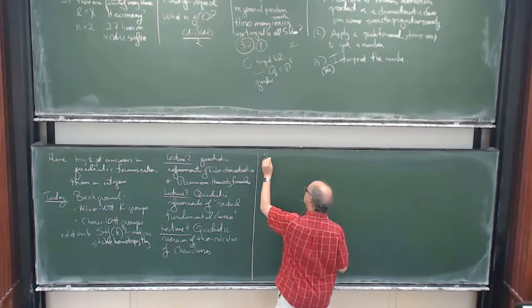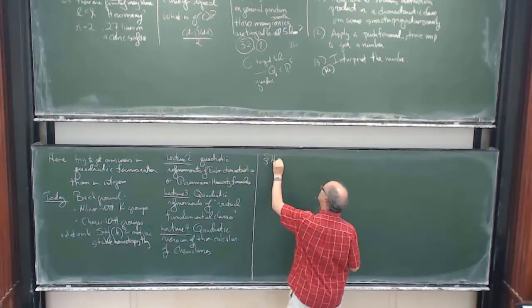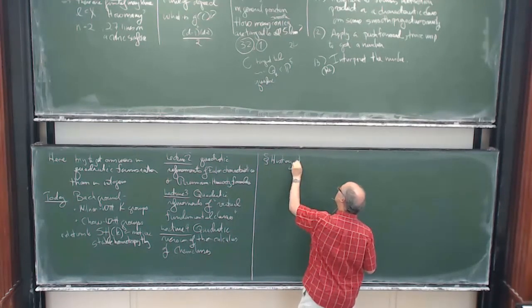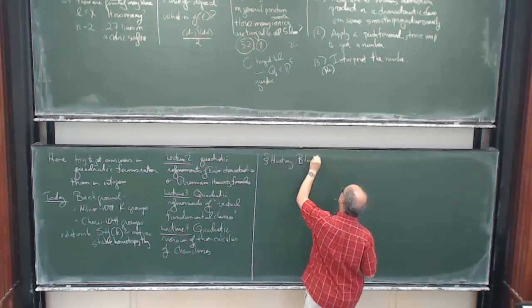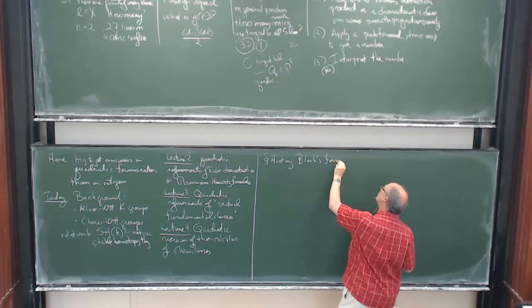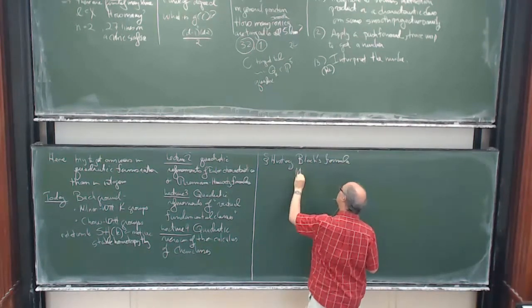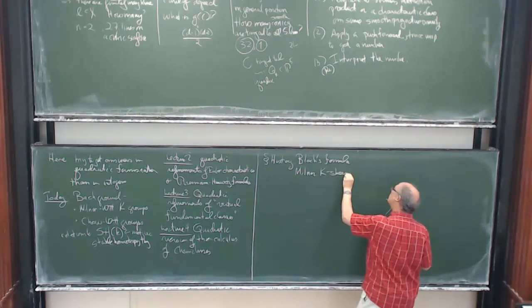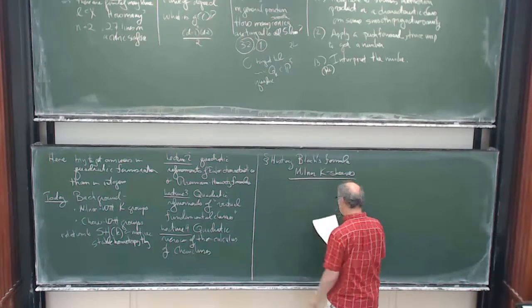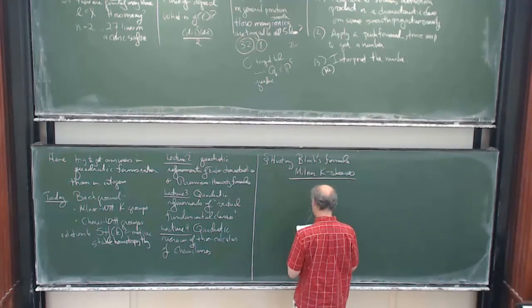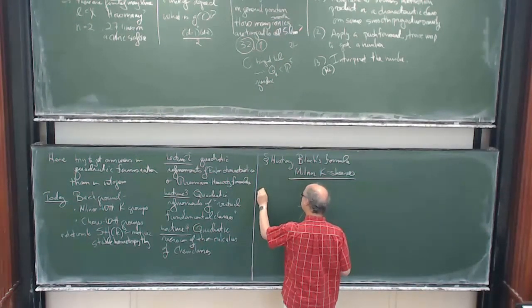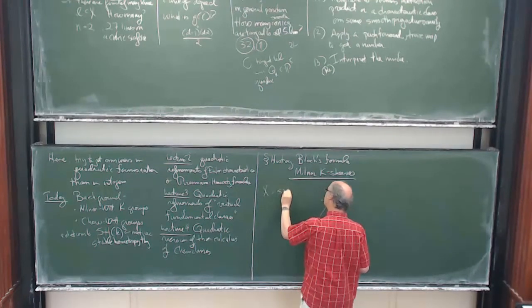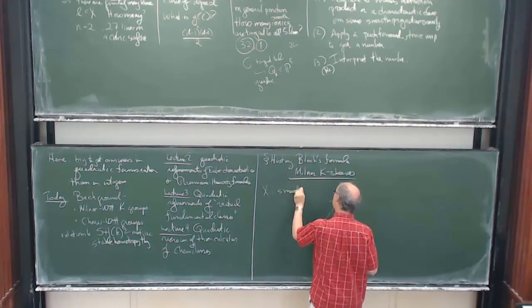First I want to, a little history. This will be Bloch's formula and the Milnor K sheaves. Okay, so we all know what K theory is now, right? And you can form, so let's take X to be a smooth variety